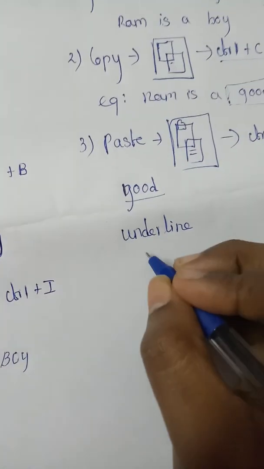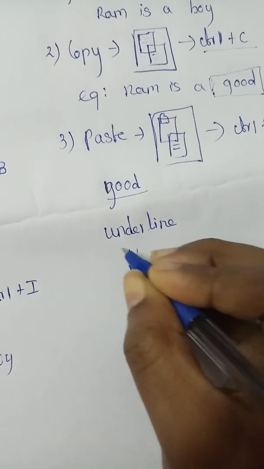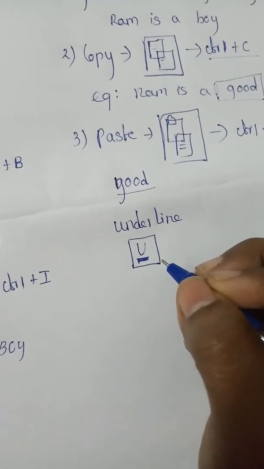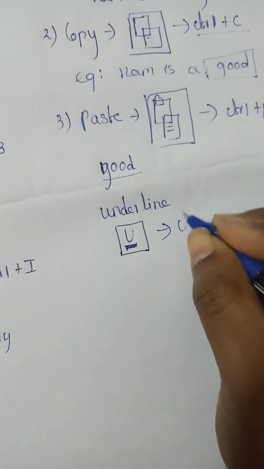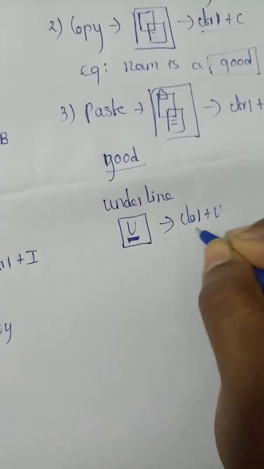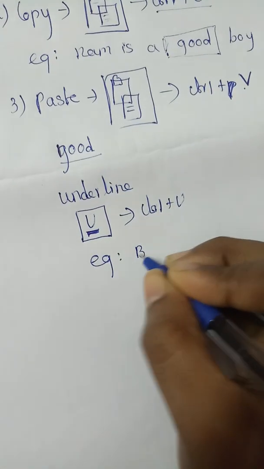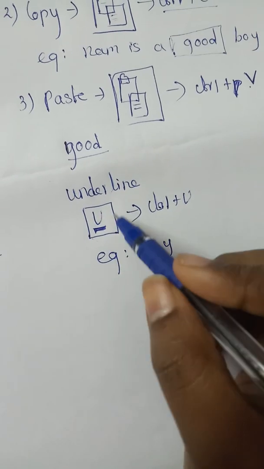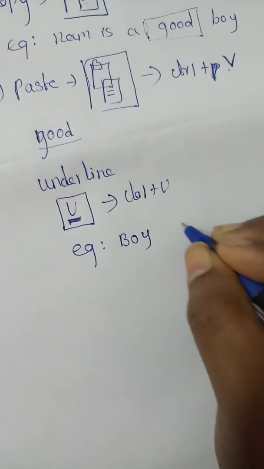This is the icon for underline. Here we can use the shortcut key Ctrl plus U. For example, I am taking the same word as boy and I will select this word and I will click this icon, or I will give the shortcut key Ctrl plus U. Then it will change into,